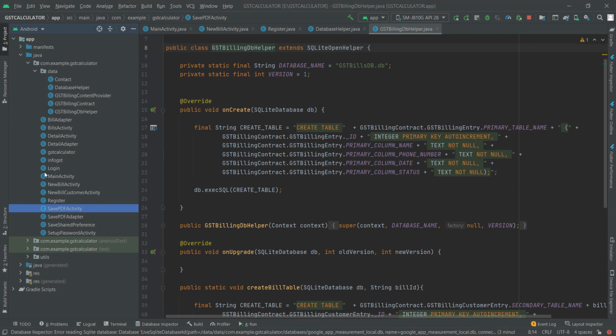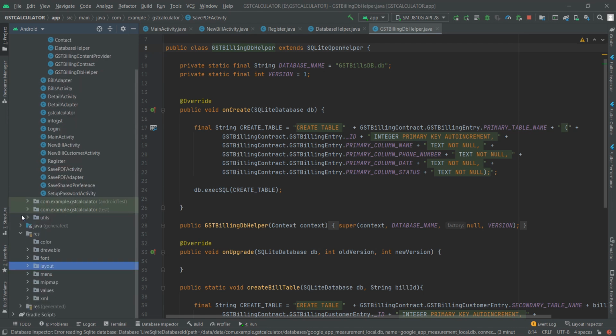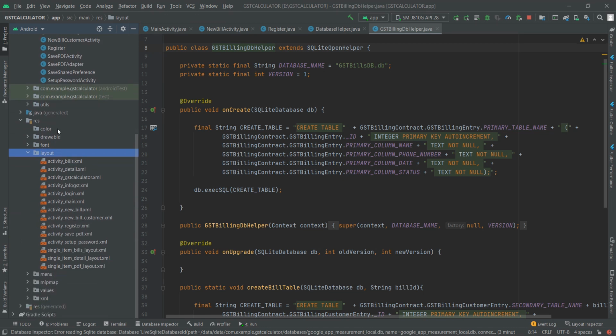Then we have this set up password activity where the in-app password is to be set up. Checking on to the XML files. So these are all the XML files where